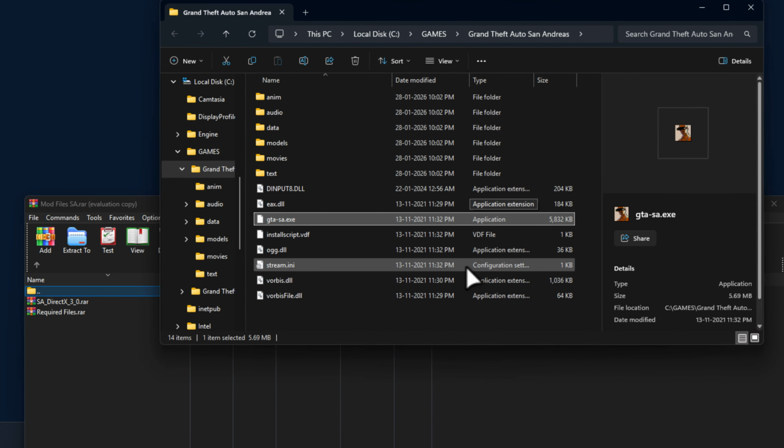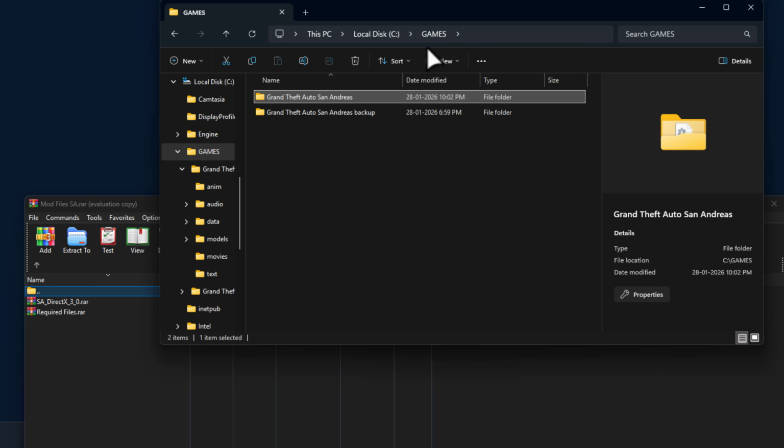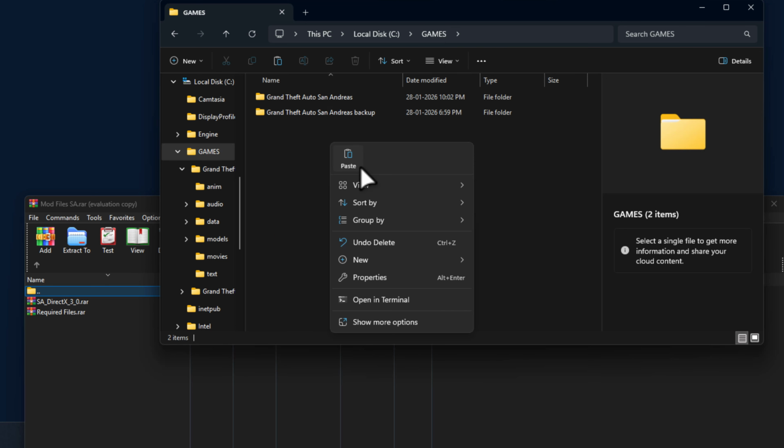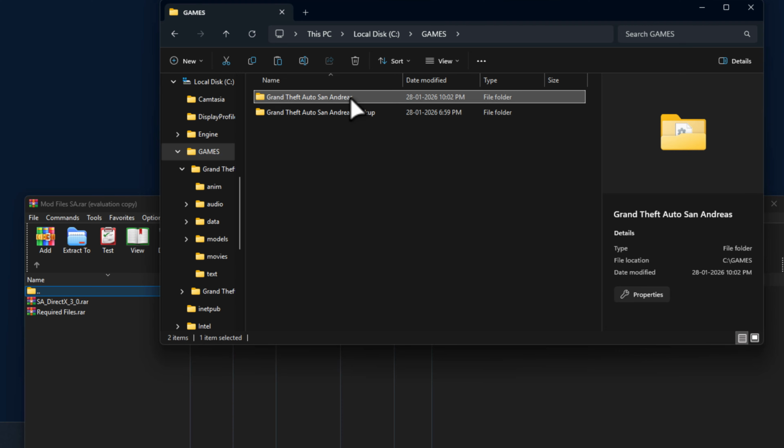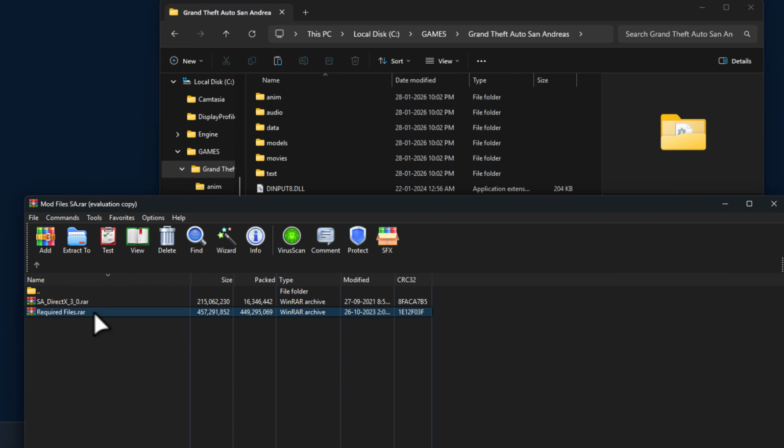Before doing this mod, backup your San Andreas folder. Go back, copy and paste it in the same location. Rename it as backup. Once you're done, open the San Andreas folder,